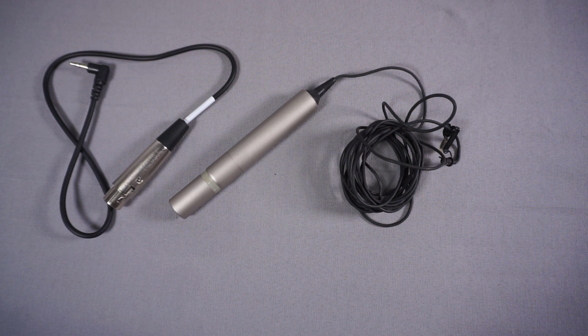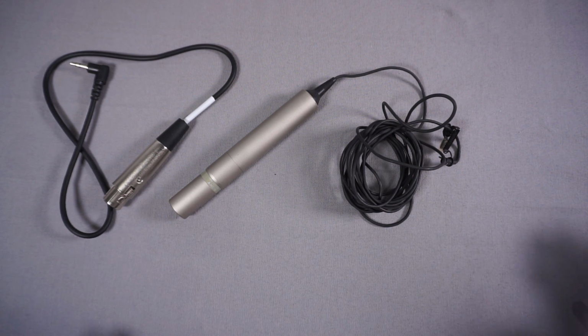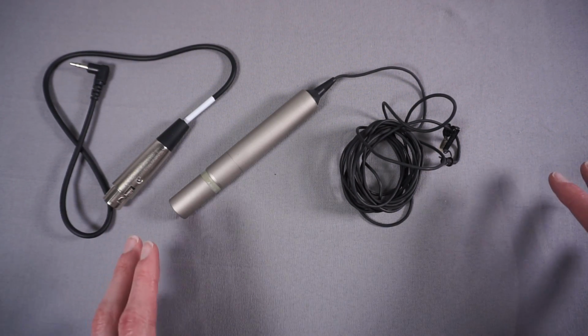Now I wouldn't go and pay £500 for this new, that would just be silly. That's the level of what the target market for this is: broadcasters who can easily afford £500 for a microphone. This isn't really targeted at average YouTubers or hobbyist filmmakers or anything like that. But if you can pick one of these up used for around £80 to £100,